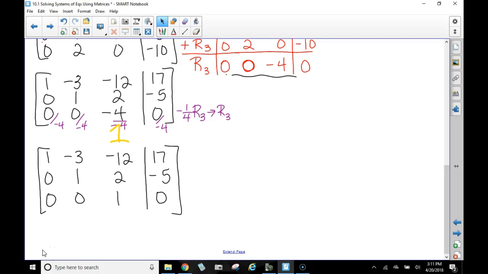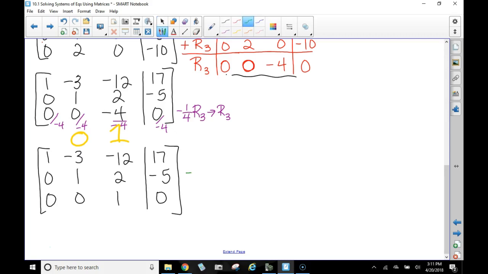Okay, so like I said, this is in row echelon form. We want reduced row echelon form, and reduced row echelon form has the upper triangular array at zeros as well. Next item of business, let's focus on getting that to be a 0. Okay? We're going to be able to make that a 0 right here by taking